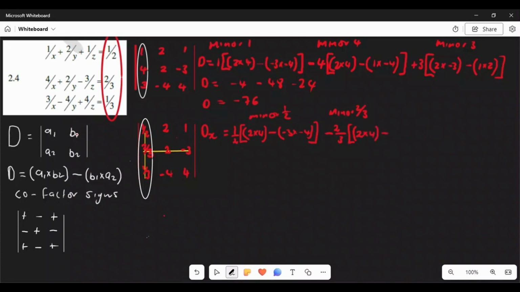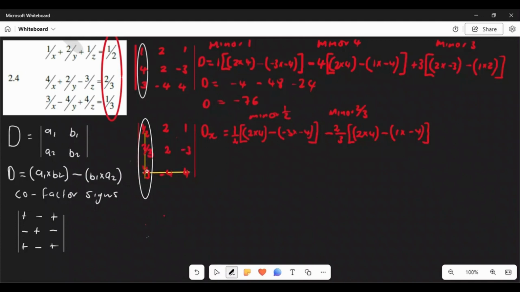Minus. Now b1 multiplied by a2. In this case, b1 is 1, a2 is gonna be -4, right? So it's gonna be 1 multiplied by -4, right? -4. There we go. Right, now we are done when the minor is 2/3. Now it's time for us to move to the last minor, right? So let's move it. So when our minor is